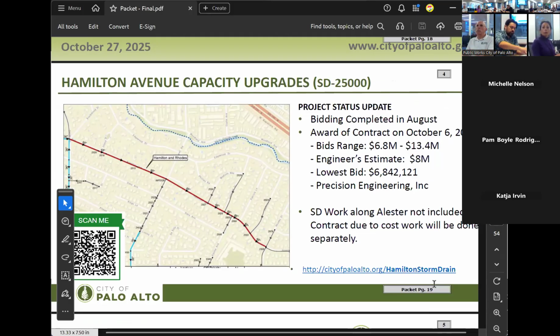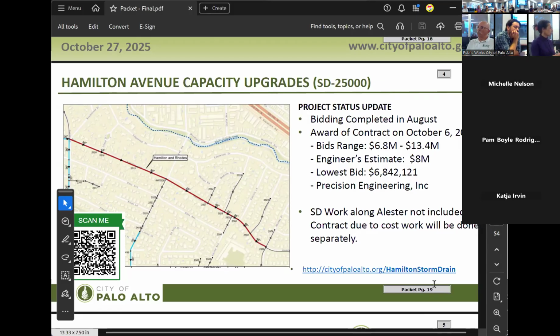One of the things that I do want to bring up, and previously I had mentioned, was we were trying to wrap up Allister into this project. But based on a cost ratio, we decided not to include Allister right now with this project, the CAP. We will do Allister as a rehab work. There's also conflicts with, if we did Allister, we would be in conflict with Dubinick School. So we would have more criteria for the contractor to adhere to around the school. If we award Allister separately at a later date, we could try to schedule it during the summer months when